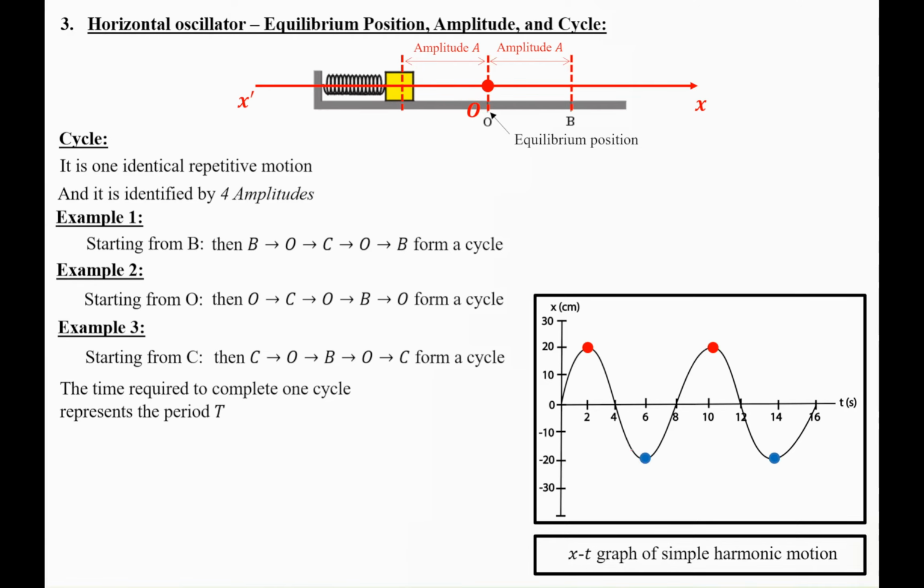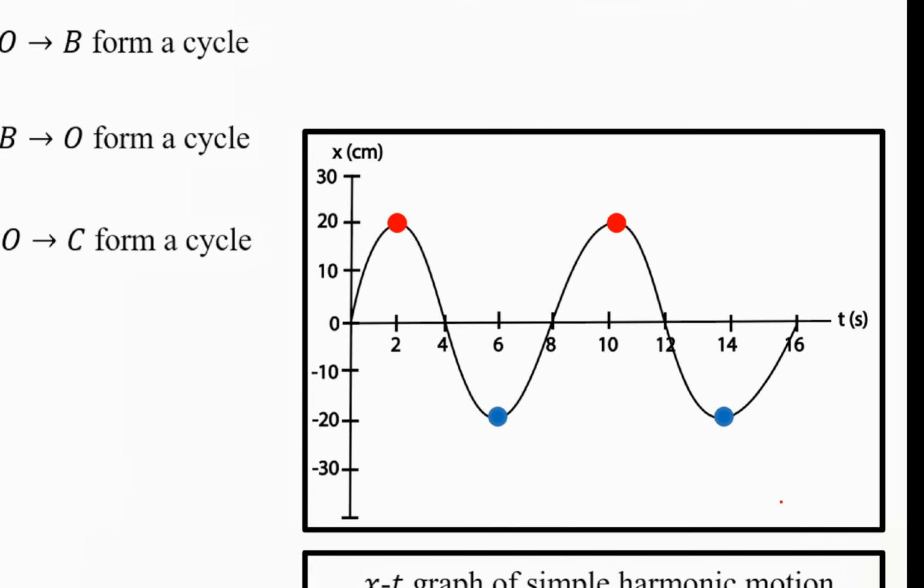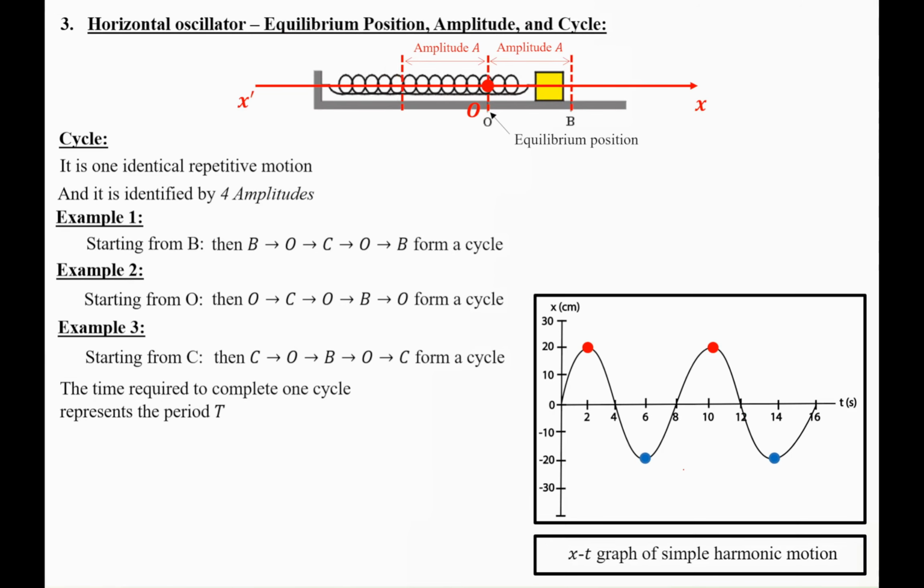Another good example is from these 2 dots. This would represent a period: amplitude, amplitude, amplitude, amplitude. So 4 amplitudes, which represents a period. And if you count from this dot to this dot, 14 minus 6, that would again be 8 seconds. So here we have investigated how to measure the period, which is from 2 consecutive peaks or from